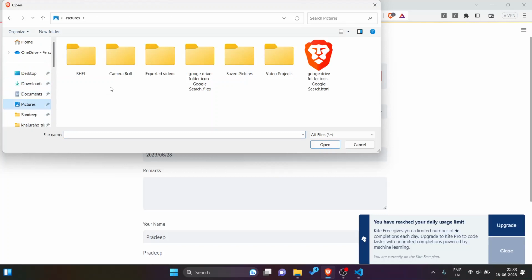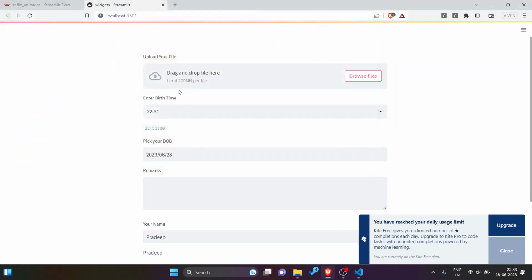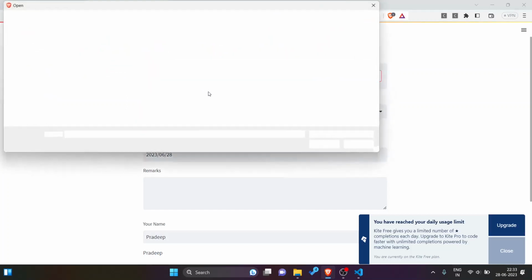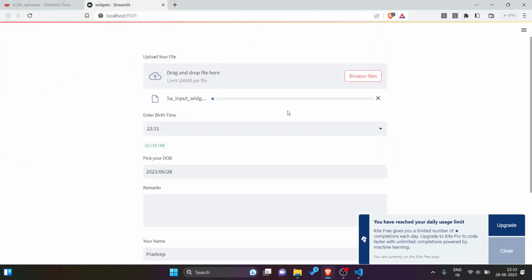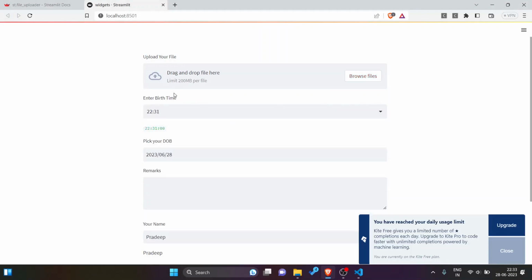I can choose some pictures. Nothing of that sort. I do not want to select from here. So okay, this icon has come. I can select this file. It's a large file, it's a video, so let me not select it, but if I select, the default limit is 200 MB per file. Okay,